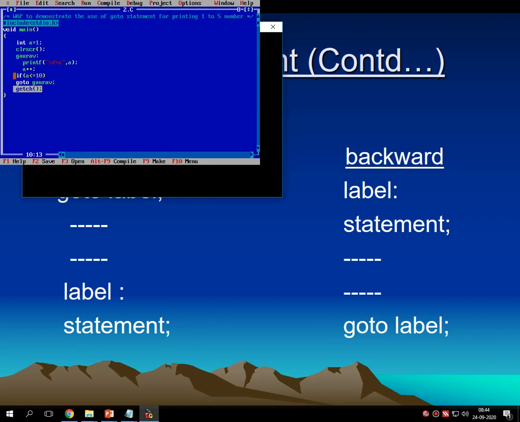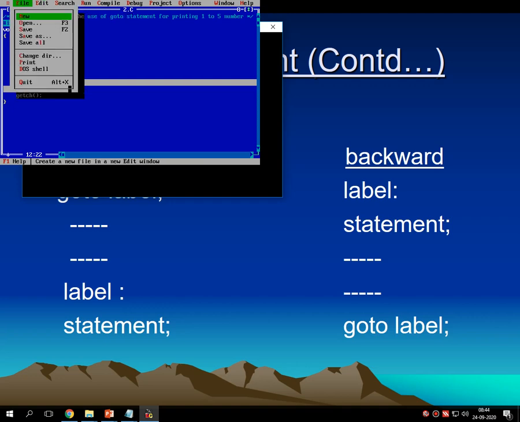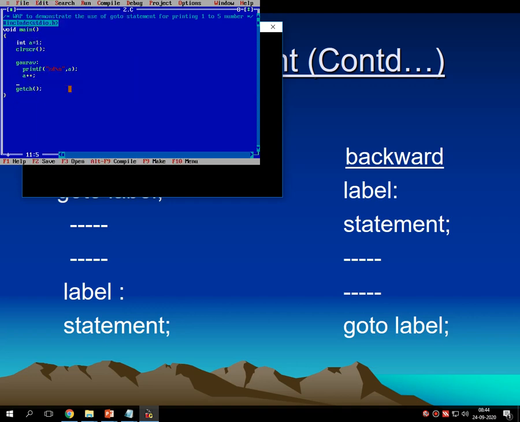So for that, what do we have to do? Nothing, simply first you have to check for the condition. For that, take this portion from the bottom, cut it and put it over here, shift insert.